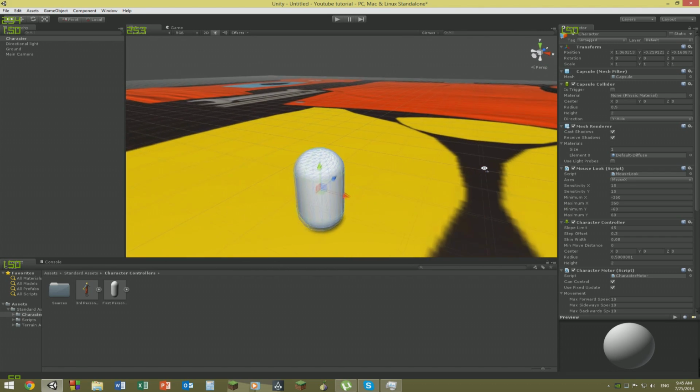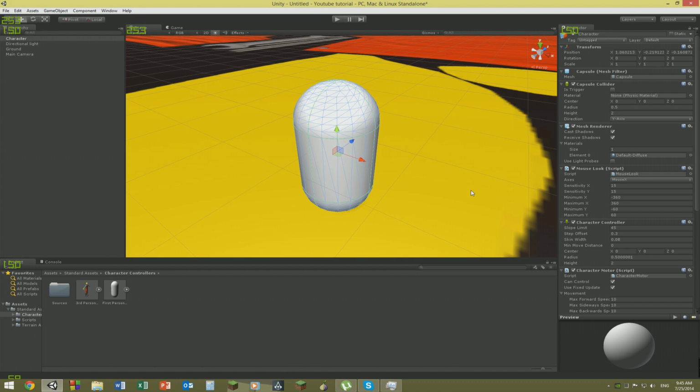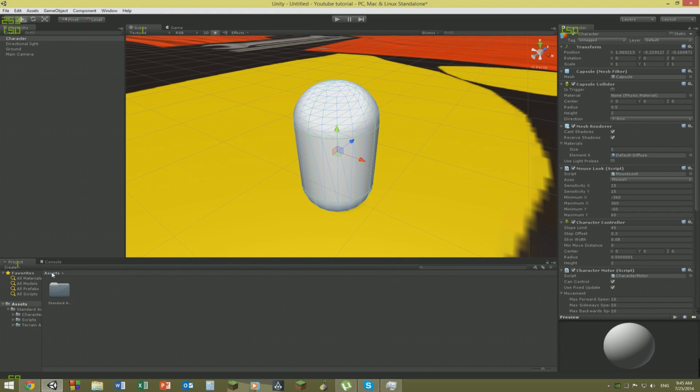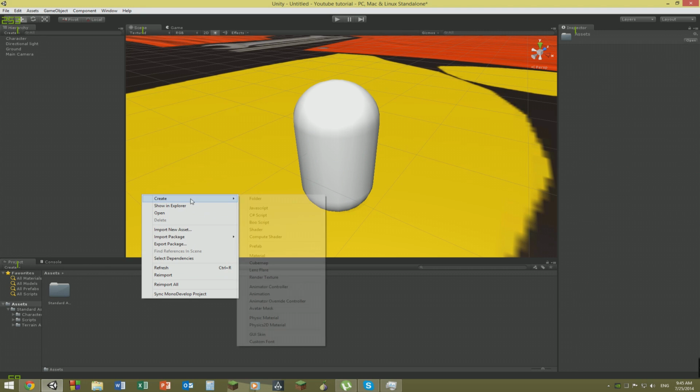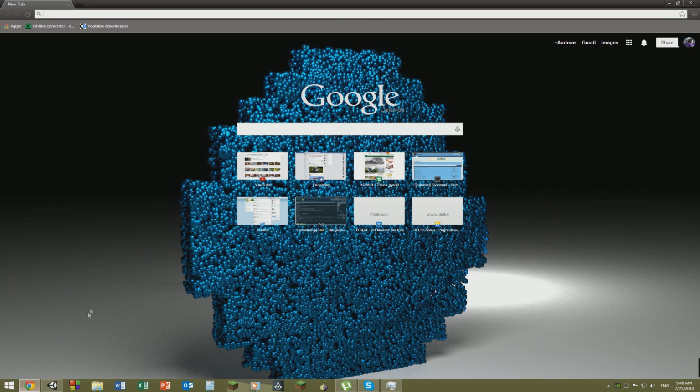So now we are about to do this. To do it, first of all, we are going back to assets and creating a new folder called textures. And now we are going to images